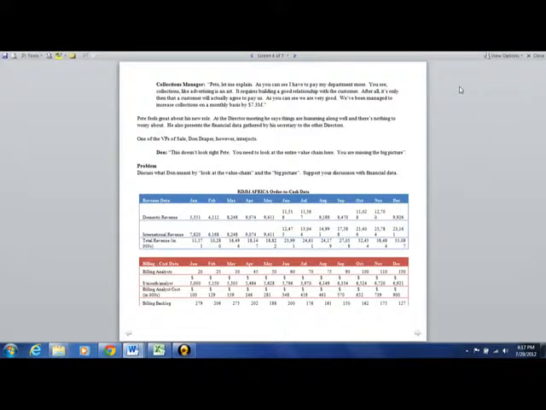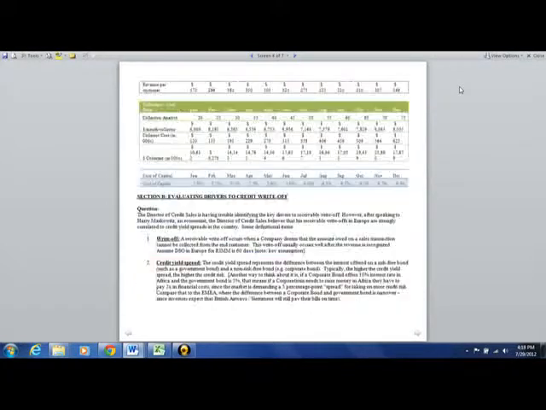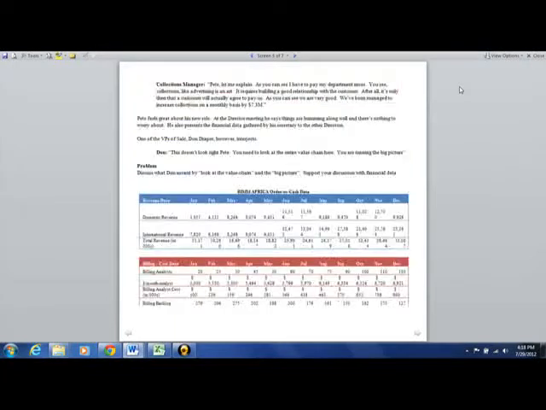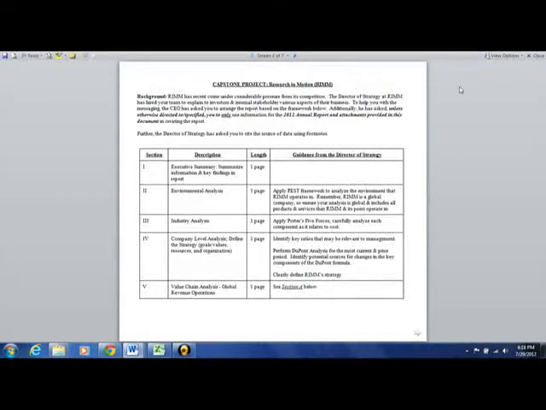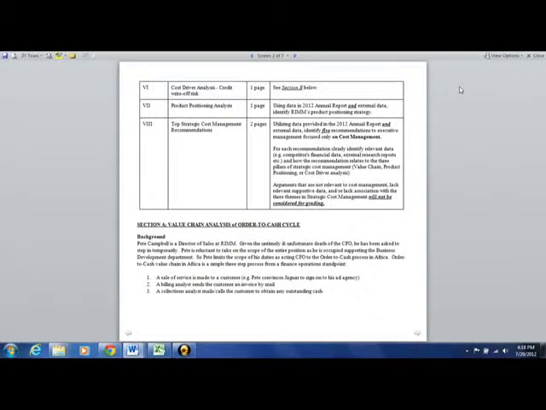And again, I apologize for the formatting, guys. I was just trying to squeeze all of this data into one sheet, but what you see there, which is the RIM Africa order to cash data set, you can definitely take that out into Excel and do any manipulations as necessary. Key there from a value chain analysis is to really understand what the opportunity costs are and where to invest in, whether it be the collection services or the billing services.